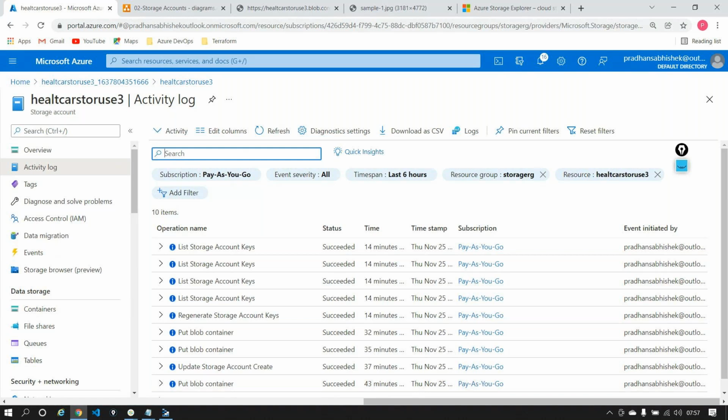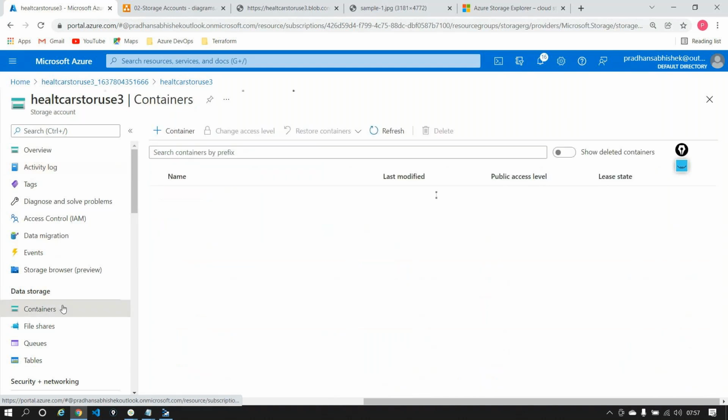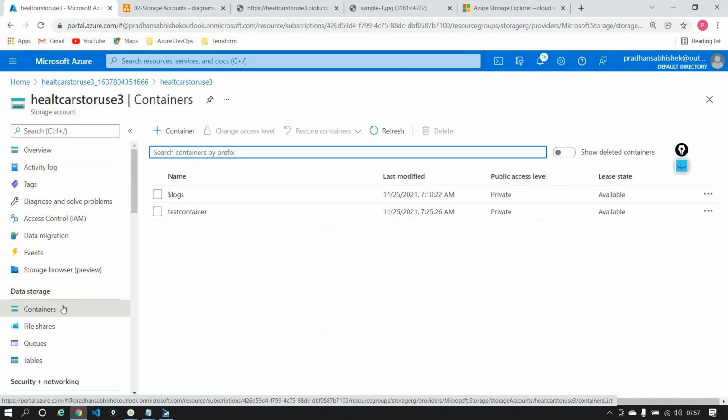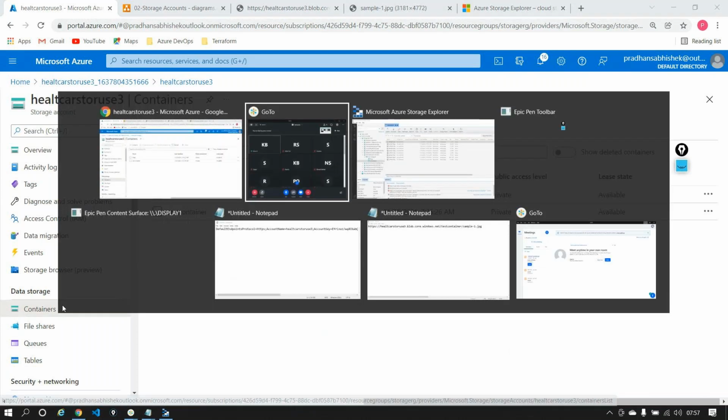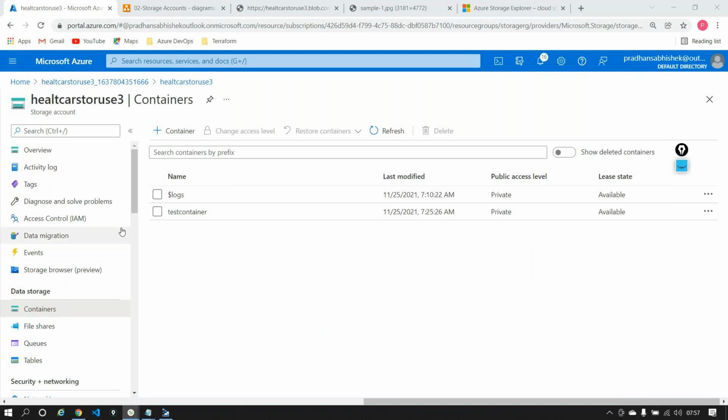So this is system generated. Whenever you create a container, you'll have a $log folder out here. This is a latest addition. Earlier we did not have this, so I'm seeing this for the past 3 months or so. This $log container, yes. Does it answer your question? Someone asked that online, right? Yes.